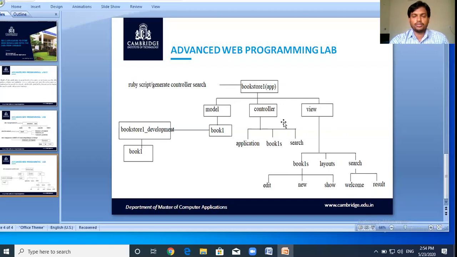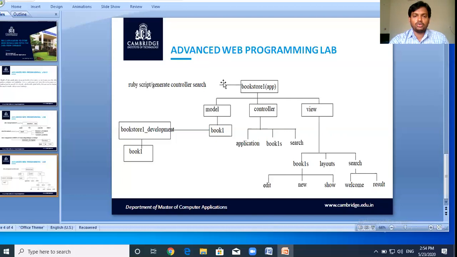For this program, we need to create 2 HTML pages. We can create the HTML pages with the same command. After search, we indicate the name of the page. So here, welcome and result, we need to create 2 HTML pages, and they will be created in views.